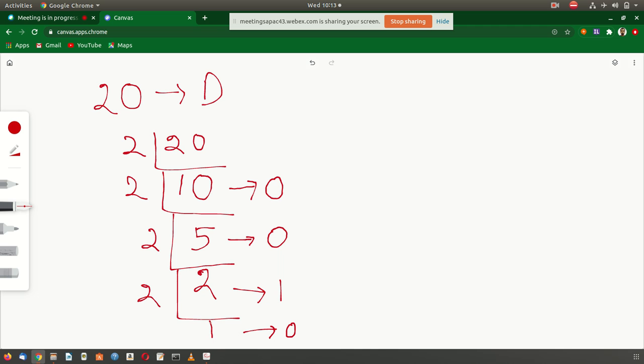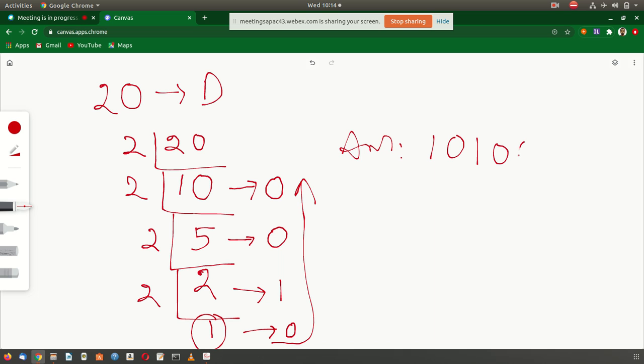So here we have got a 1, so we have to stop now, and the answer has to be written from below to top in this way. So the answer is written like 1 0